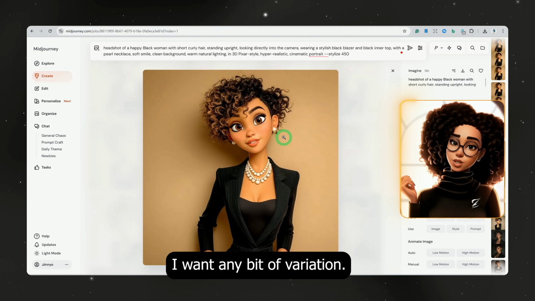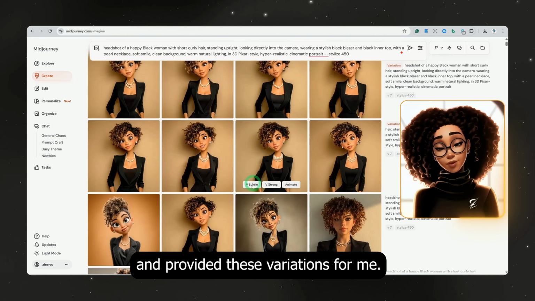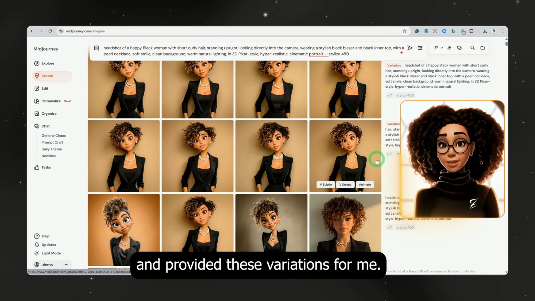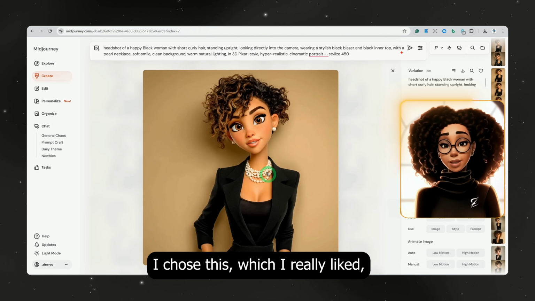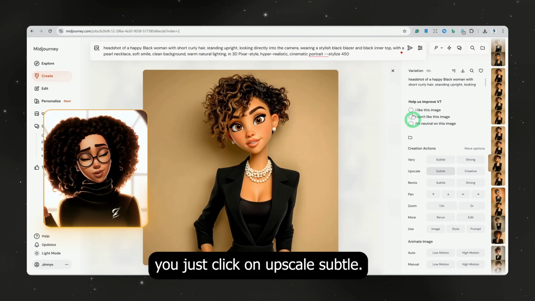I wanted a bit of variation. I clicked on very subtle, and Midjourney went ahead and provided these variations for me. I chose this, which I really liked, and then to upscale it, you just click on upscale subtle, and then